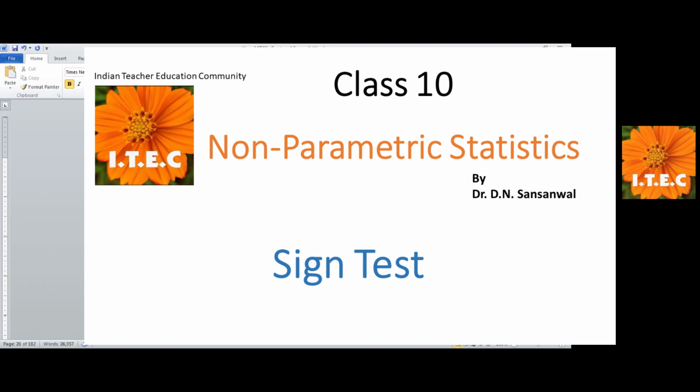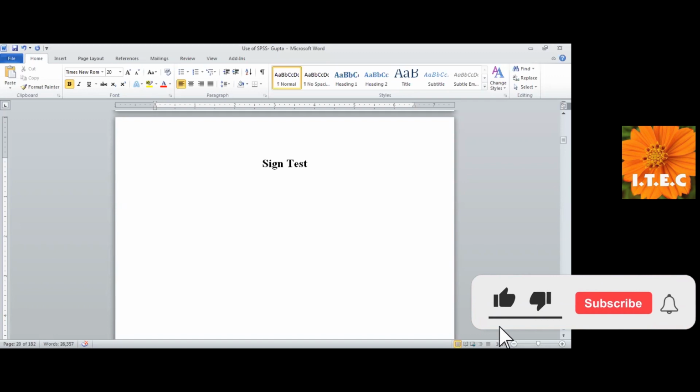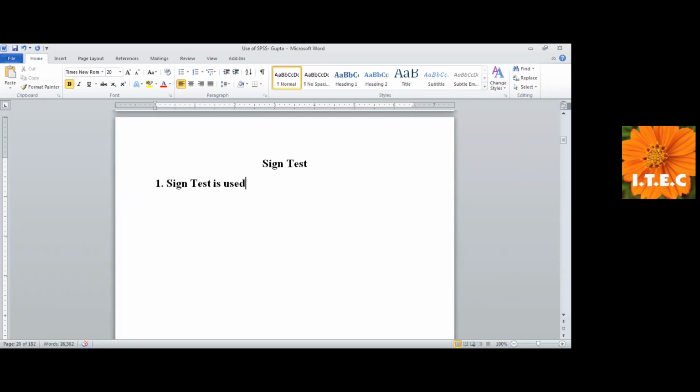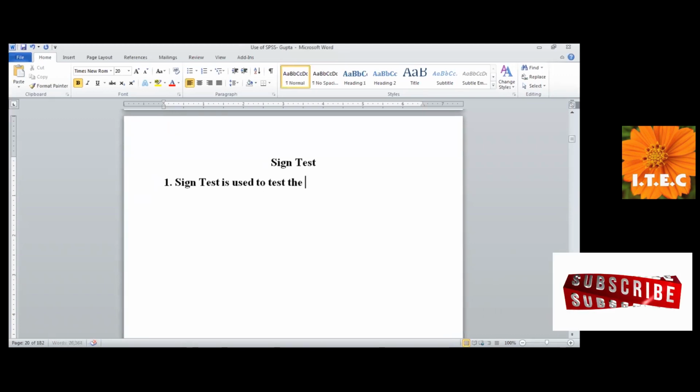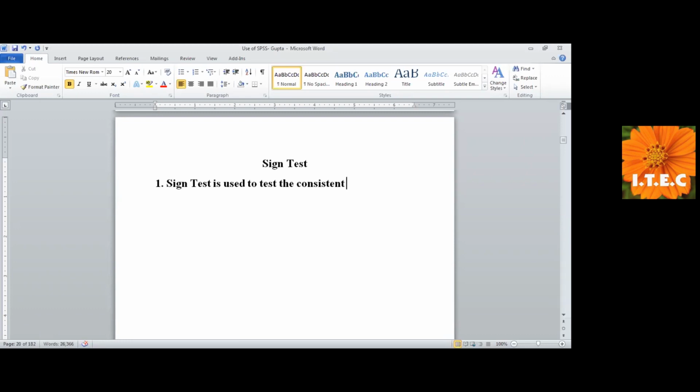Today's topic, which I am taking, is the sign test. Now, in this particular one, the important point is that this test, the sign test, is used to test consistency. You have to test whether there is a consistent difference